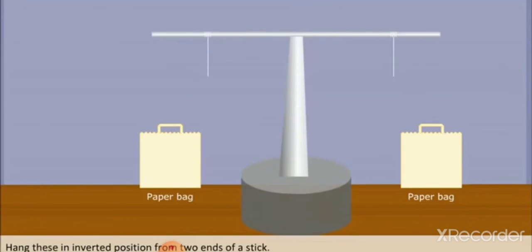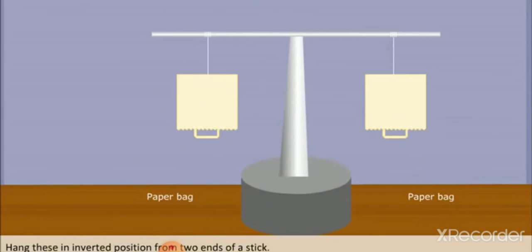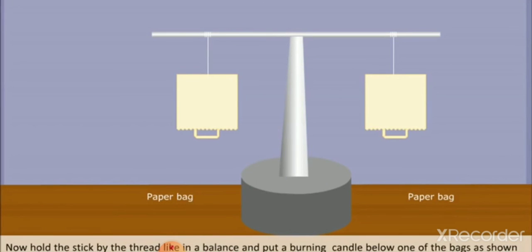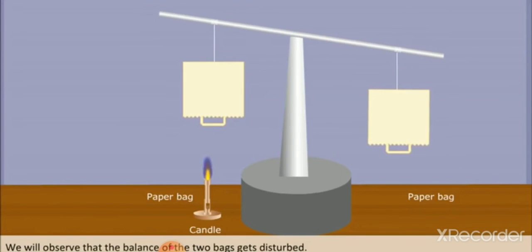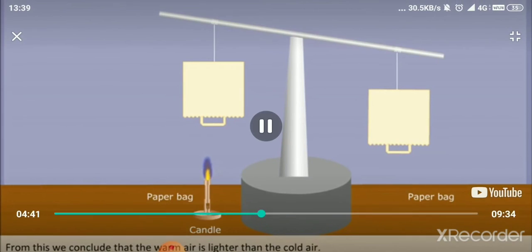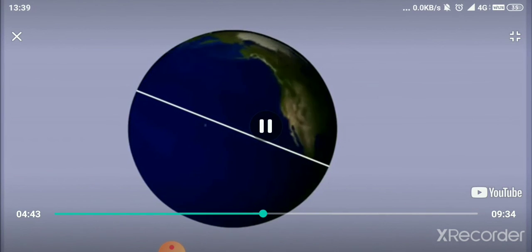Now take 2 paper bags and you will hang these in inverted position from the 2 ends of the stick. Tie a thread to the stick in the middle. And now hold the stick by the thread like in a balance and put a burning candle below one of the bags as shown. Now you will observe the balance of two bags gets disturbed. This shows that on heating, warm air rises up and pushes the bag above the candle. So from this we have concluded that the warm air is lighter than cold air. So this was regarding the properties of